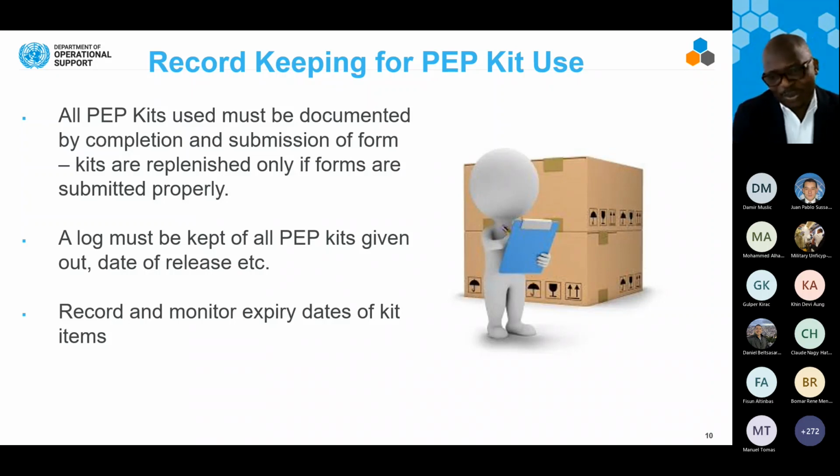For the expiration, it's okay from our side, because at least we know that the kits all have a shelf life of 2 years, after which we will send the new kits to you. But as custodian, it's very crucial and essential for you to do proper record keeping, so you know when your kits are expiring, and then follow up with us to see when we will replenish some of those kits for you. And so that you won't be out of stock, it's always good to have good record keeping of your PEP kit usage.